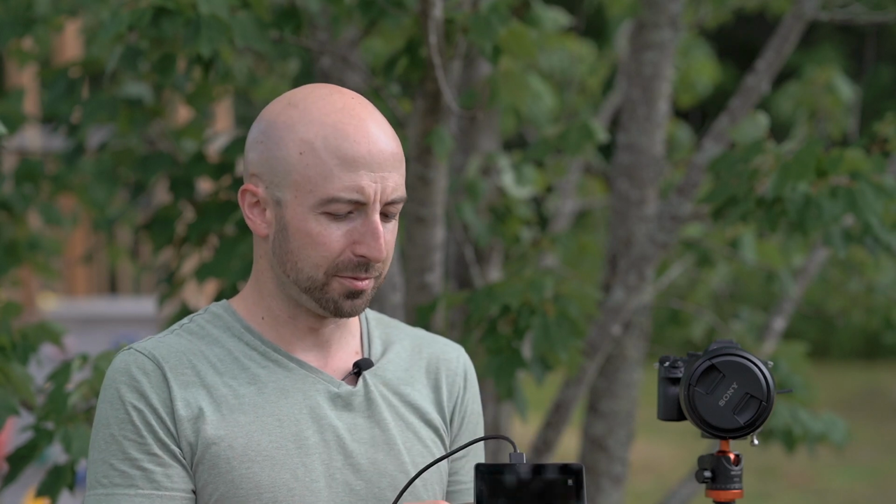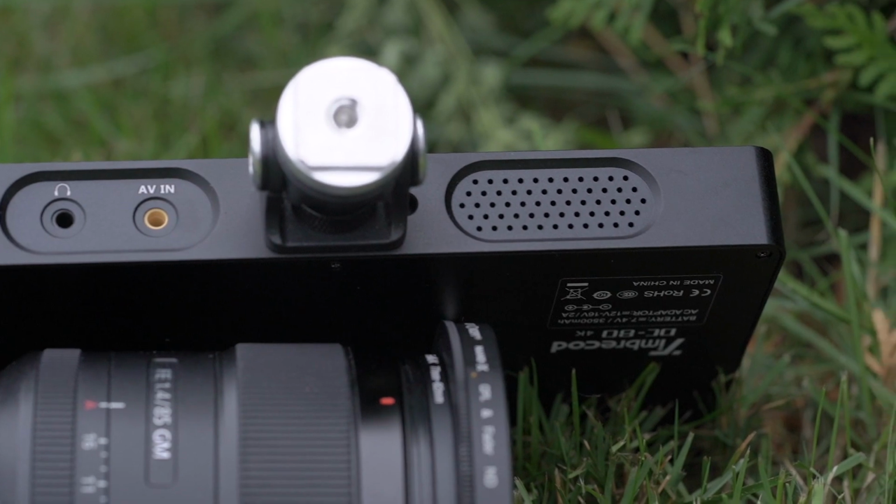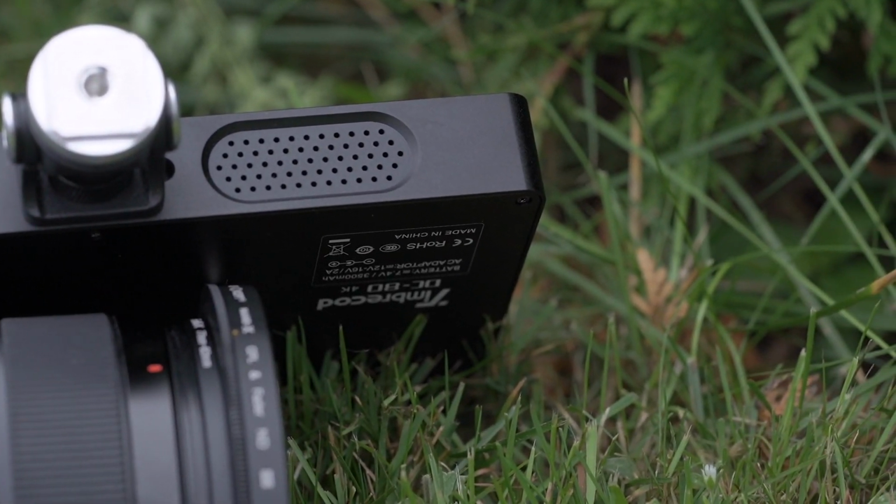a value price monitor. That's right, it's $145 for a 7-inch super bright screen that has a headphone jack, it has an audio input, HDMI in and out, which you usually don't get until you pay a lot more, a USB mini port,